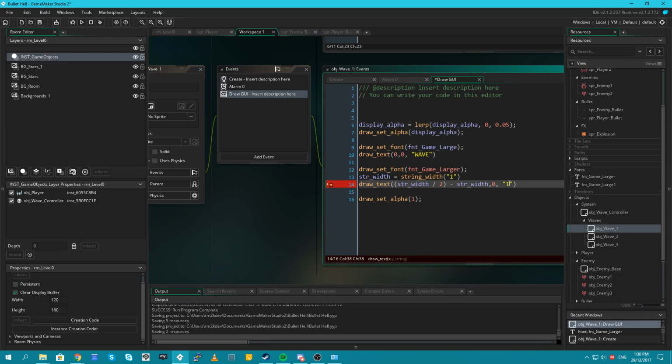What am I doing? Hang on a minute. The X... No. This is room width. Sorry. Room width divided by 2 minus half of the string width. There we go.